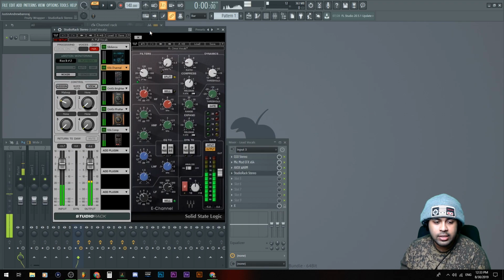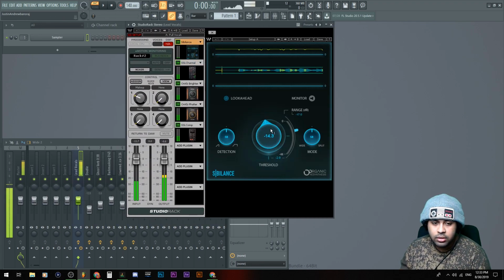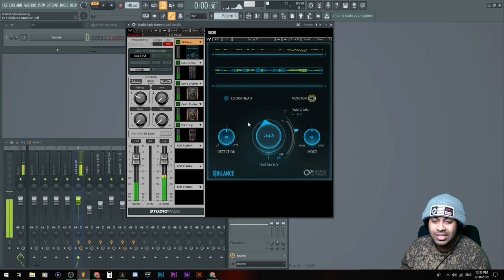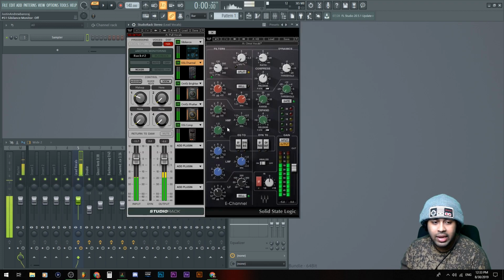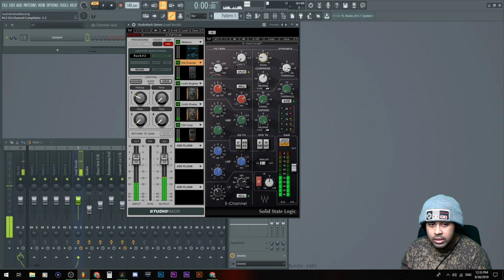And here is a Studio Rack stereo. It's all Waves here. I have a de-esser on, so it's destroying those sibilants. You can use Maximus in FL Studio if you want to cut out those sibilants. I have here a channel rack. This is basically an E-Cube knobs and then a compressor, which is not really doing much. Not compressing that much, but that's okay because I'm not worried about compressing too hard on this part.